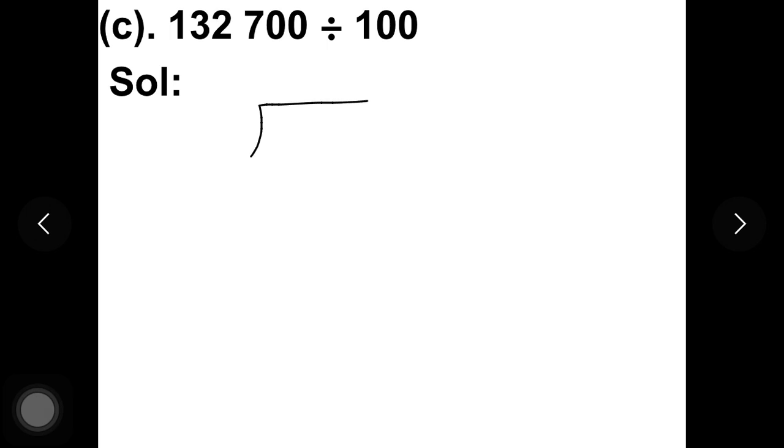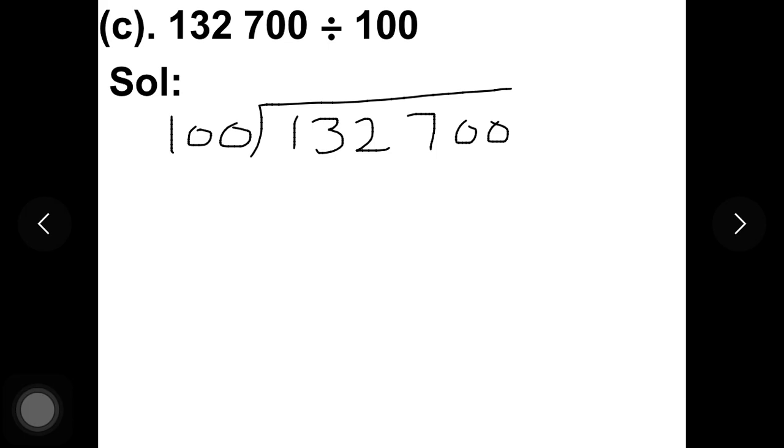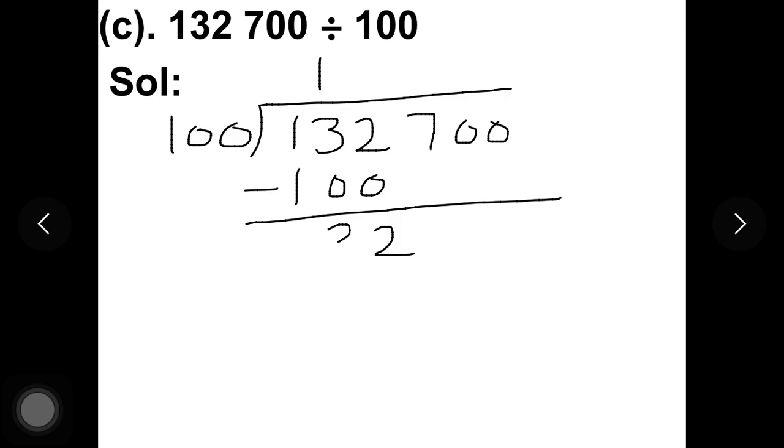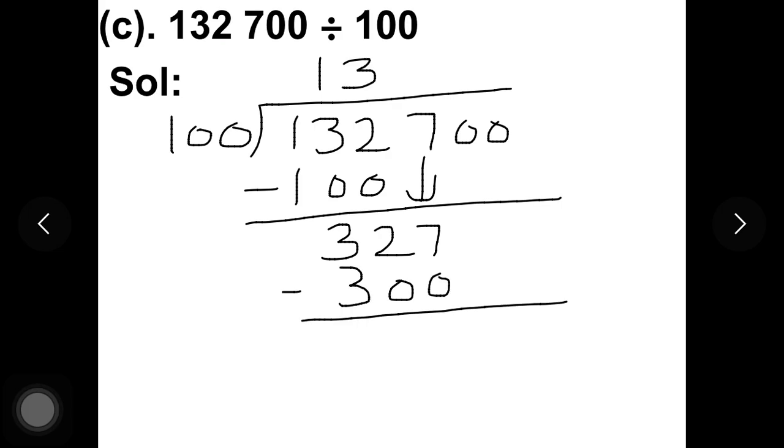The value of part C is 132,700 divided by 100. Now we will solve. 101 is 100. Now we will subtract. 2 minus 0, 2. 3 minus 0, 3. Next digit is 7. 103s are 300. Now we will subtract. 7, 2,